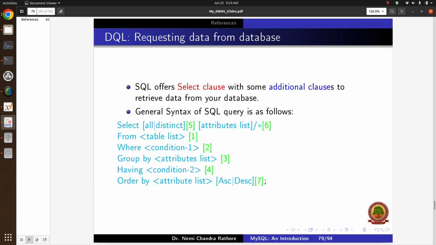Okay, then you will have the having clause. So many times it may be the case that you also like to give a condition on the group itself. Whenever you want to apply some condition on groups for selecting data, then you can use the having clause. We will see these clauses one by one, and then finally there is a clause called